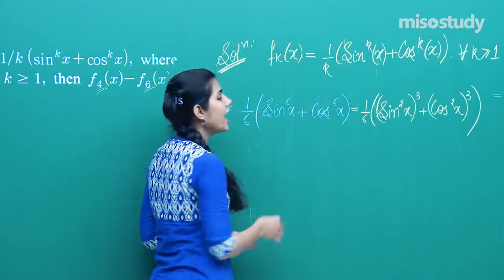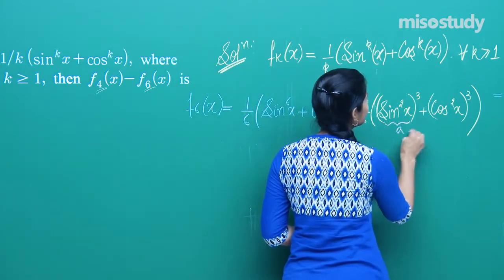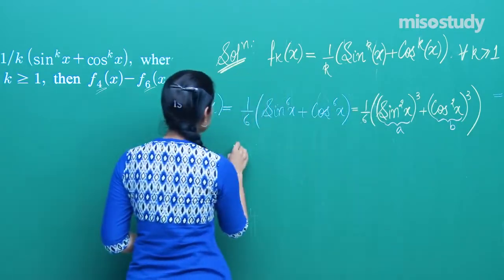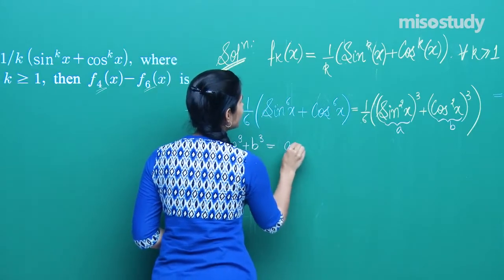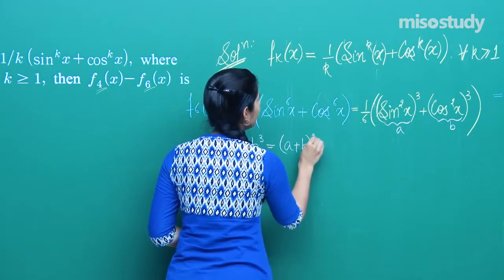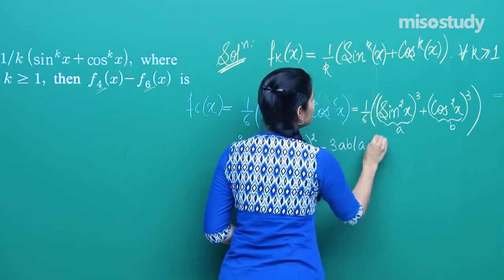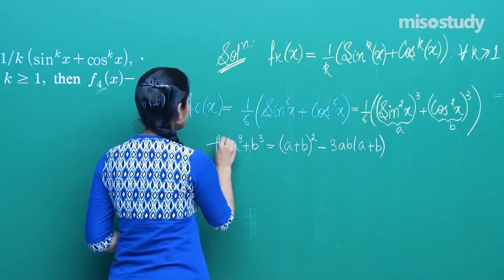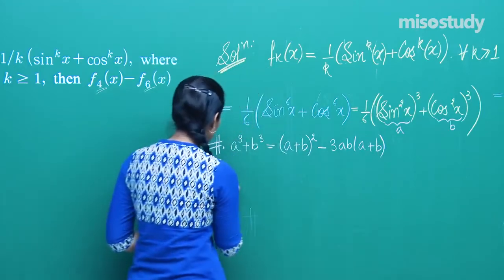And this now demands our attention, because this is again acting as A, again acting as B, but now the identity used is A cube plus B cube, which is nothing but (A plus B) whole cube minus 3AB(A plus B). This identity, on using it over here at this step, you get the outcome as